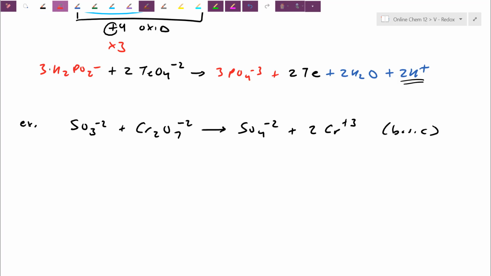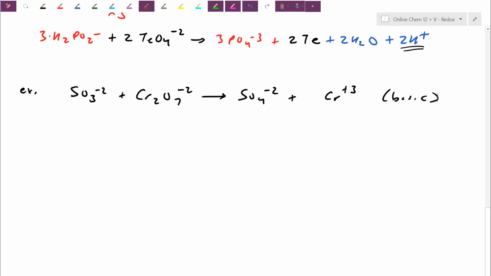First thing, don't forget to balance your major atoms. And this is actually where people end up making mistakes. Sorry, I didn't have that 2 yet. But basically, the major atoms here, I have 1 sulfur, good. I have 2 chromiums, I have 1 chromium there. I want to put a 2 right away. I could care less what the charges are. Okay,